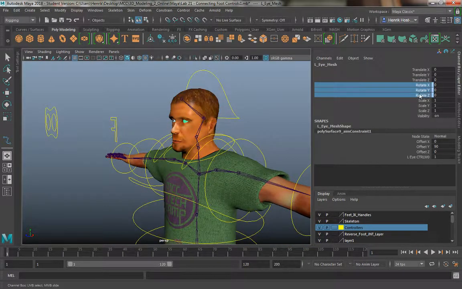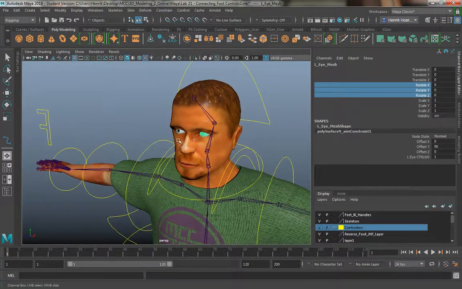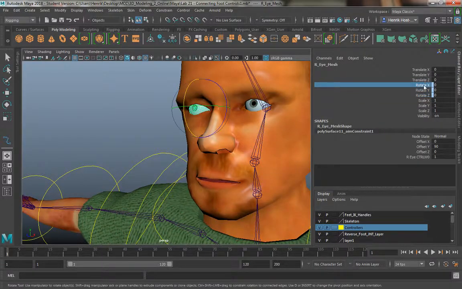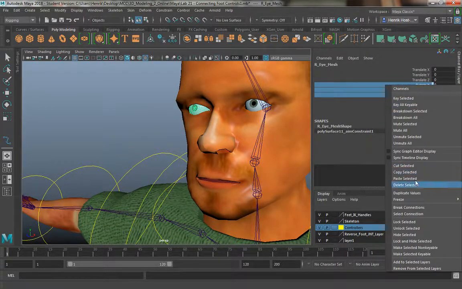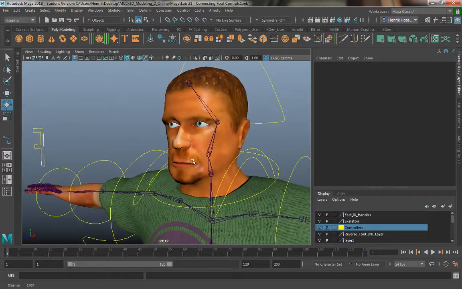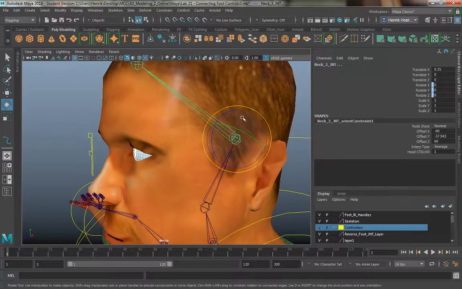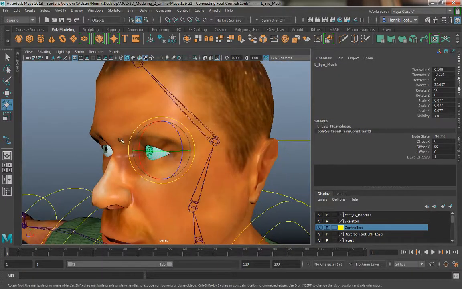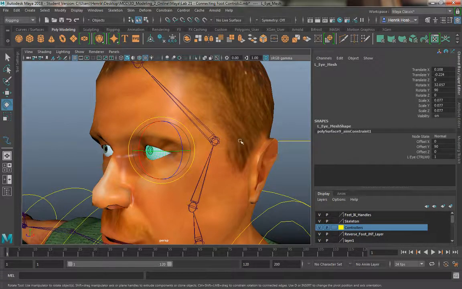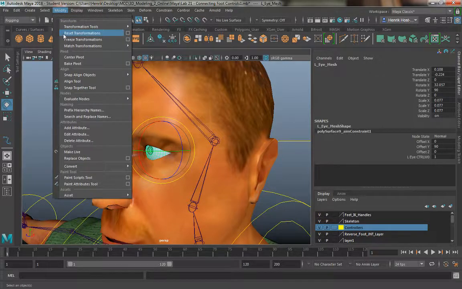I'm going to actually redo this. I'm going to break connections, and what that does is it breaks the connection to the eye. And I'm showing you this because if you are making any mistakes yourself at any point, and even in future projects you might work on, parent it first, and then once you parent it, it all goes off of the parent root, so you can freeze transformations again,